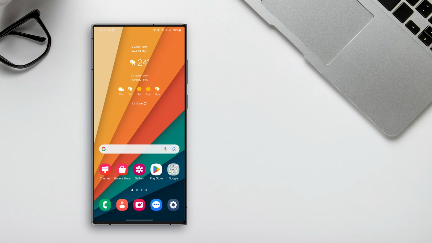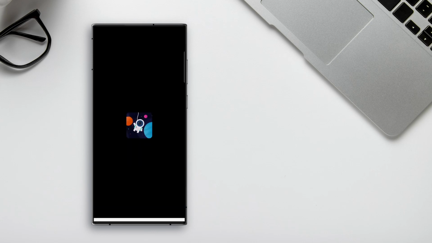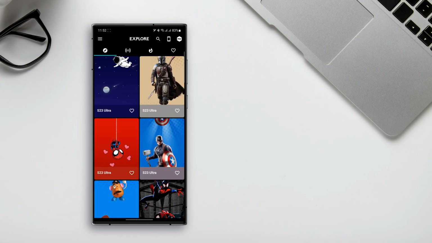What if I tell you that you can get these really cool wallpapers that are meant for your phone, or you can get these cool looking always on display for your Galaxy device? Get some control over your phone's volume control, or customize your S Pen to the level that you didn't know it could get to. Okay, first we have a wallpaper app that contains wallpapers specifically for the S23 Ultra, centered